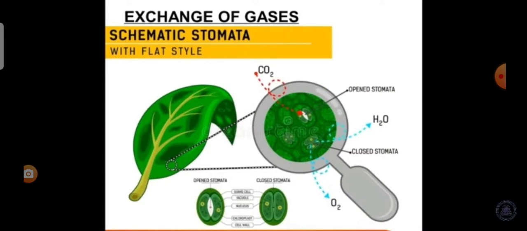Now the last topic is exchange of gases. How does the plant get air? Yes, the leaves have minute pores called stomata through which the exchange of air takes place. These minute pores can be seen through a microscope. Air exchange takes place continuously through the stomata. Plants exchange gases continuously through these stomata.